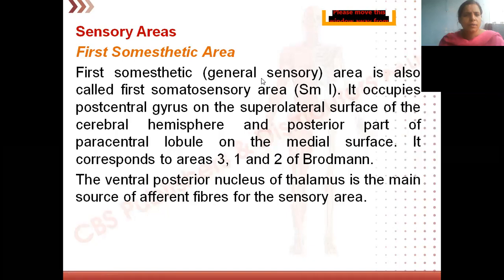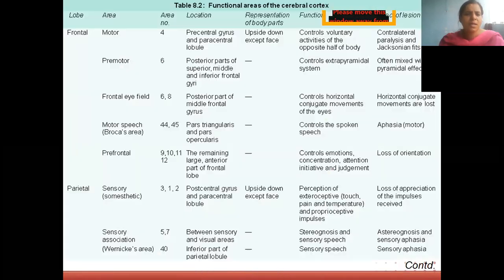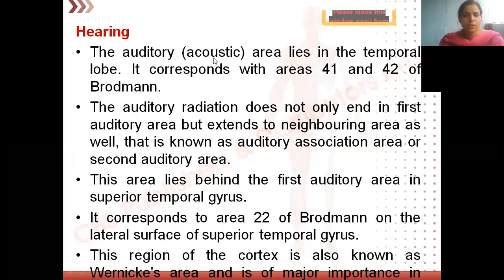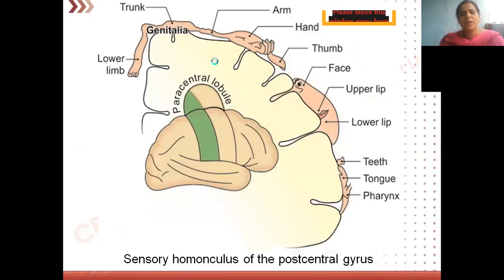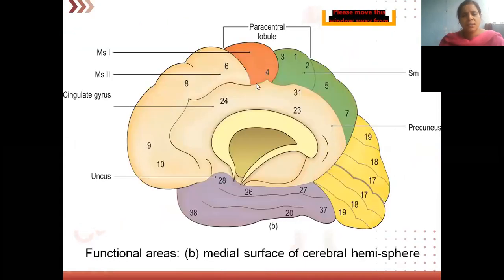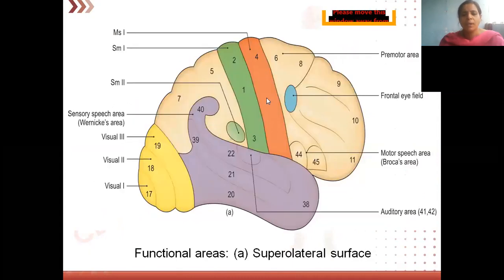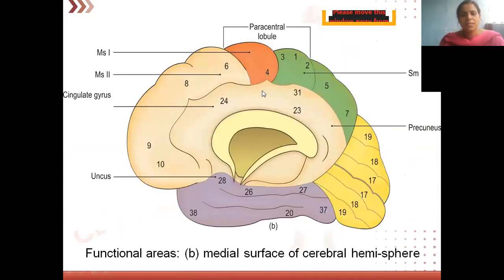Okay, then there is a table, better for you to understand this. I'll take you to the table. See here, motor area, area number 4, which I have shown you, which is seen in the frontal lobe. Okay, so it is present in the precentral gyrus, and also when you see on the medial side, we have the paracentral lobule. If I explain one center clearly, you will understand other centers. See, this area is the paracentral lobule, this is area number 4. Which view is this? Medial surface of the cerebrum. Okay, so this area is the precentral gyrus and this area is the paracentral lobule, which is occupied by area